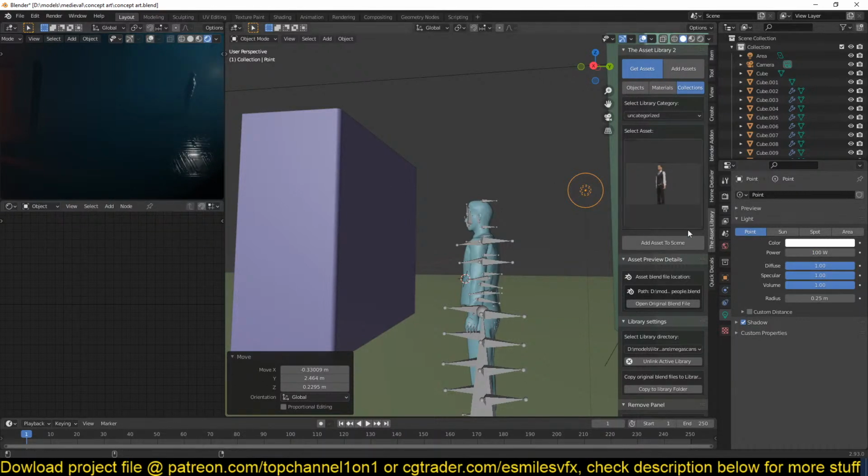Okay, so we get that light. I just don't like the highlight it's adding here, so I'm just going to go to the specular, turn that down, and if I go to the outliner here,